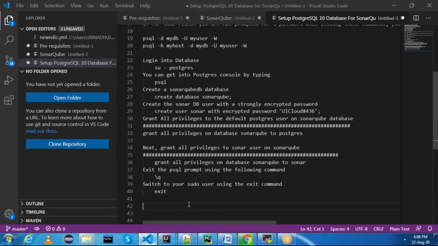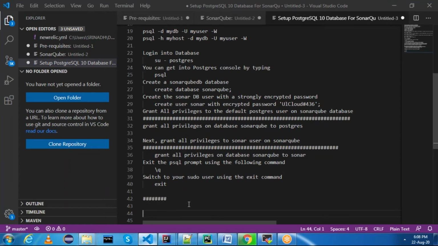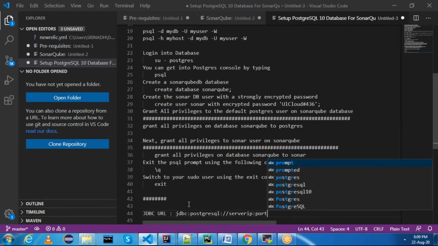As you are connecting from SQL Workbench, we just need to mention three things. The first one is the JDBC URL. It will be jdbc:postgresql://server IP:port number/your database name.